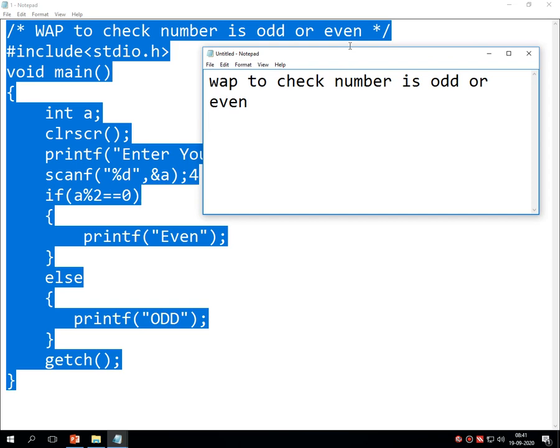Now we'll go for another one. Write a program to check number is 3 or not.